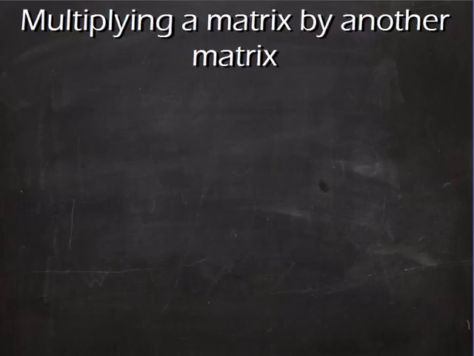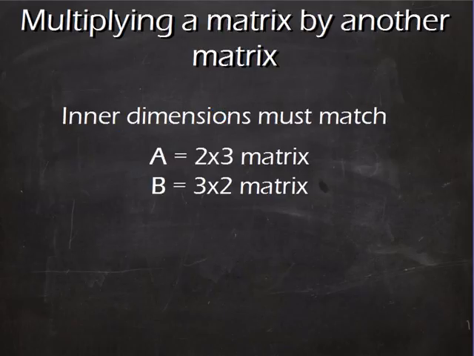Alright, in this video we're going to work out how to multiply a matrix by another matrix. First thing we have to know is that the inner dimensions have to match. So if you've got two matrices and one is 2 rows by 3 columns, the other one has to have 3 rows. So if one's a 2 by 3 and the other's a 3 by 2, we can multiply